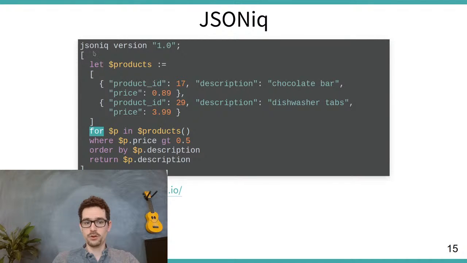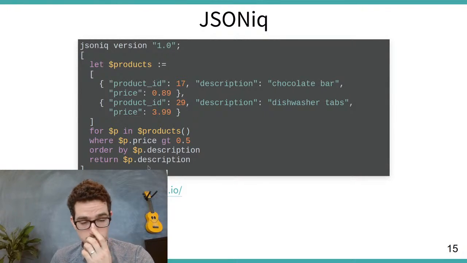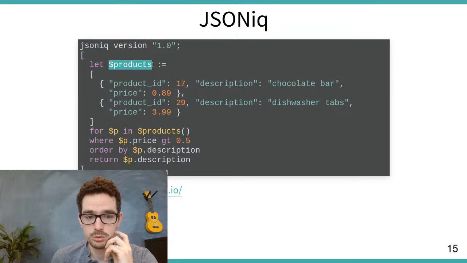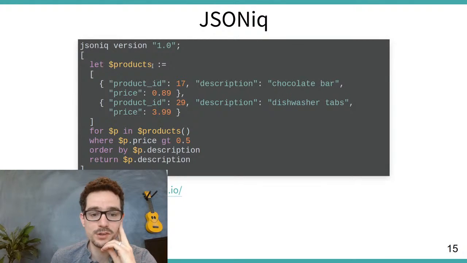Flower stands for let, for, where, order by, return. Flower expressions, and the semantic is exactly the same as for XQuery. So with a let clause you define a variable because it's convenient to define a variable within your query. That's not possible in SQL,